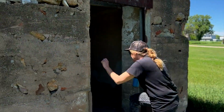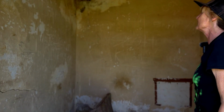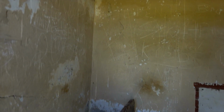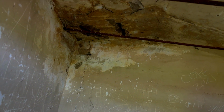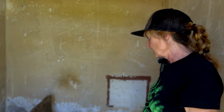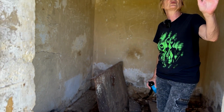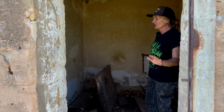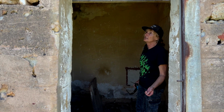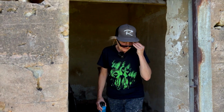So this was the bank vault. Anything left inside? Just the iron bars, remains of a bird's nest, and hooligans leaving their mark. Yeah. Now I wonder what that used to be. This would be the safe door, the vault door, I would imagine, or part of. Would there be two doors, like an internal and an external for extra protection? I am not sure. I wouldn't have thought so, not back then. Nowadays, they're like 24 inches thick and pretty much bomb-proof, but